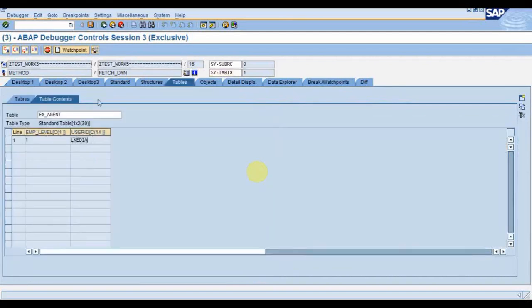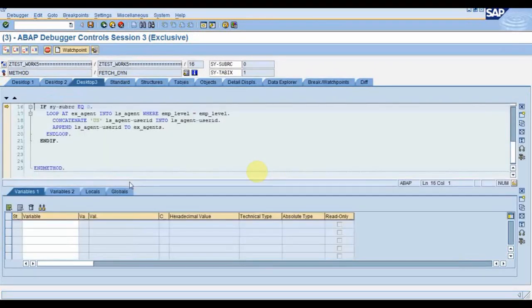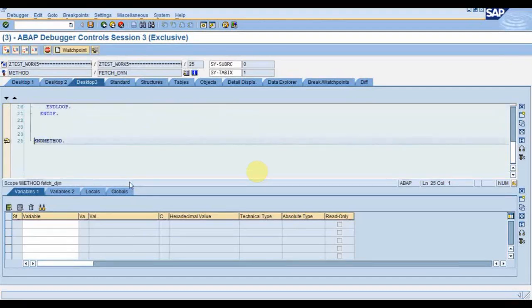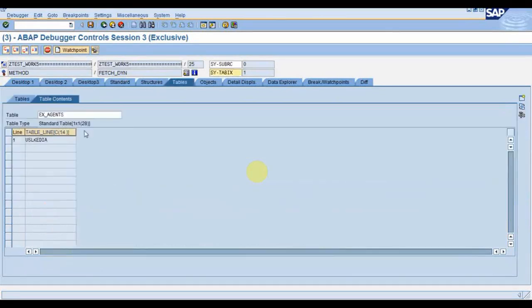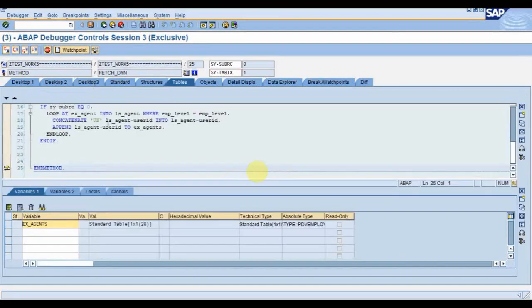We have at level 1 LKDA for company 9000, as we have maintained it accordingly. So here we have got this. Now let us see what we have in X agents. Okay, so in X agents we will be having US LKDA. Fine, so we are done with this, but now the problem will be,